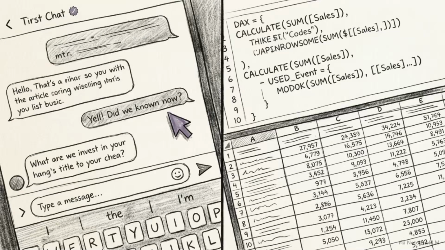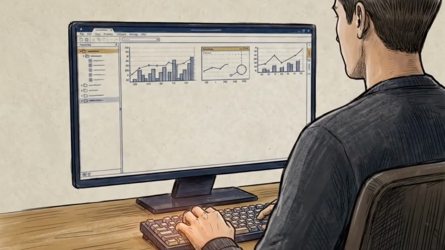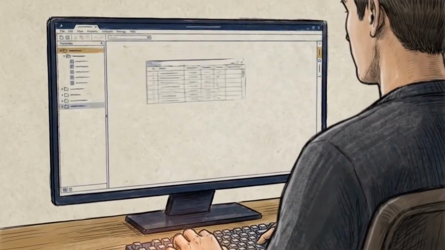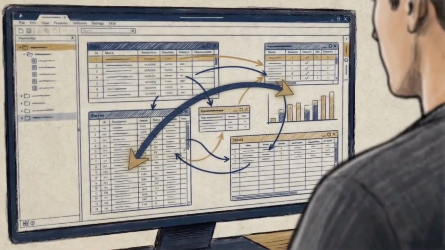We're watching an AI assistant write dozens of DAX measures, generate a complete date table, and immediately push those functional calculations directly into a local Power BI interface. You can automate semantic modeling tasks using plain English commands, removing the need to manually write DAX or configure table